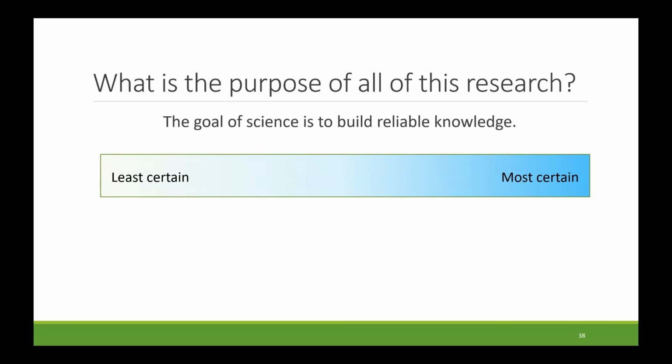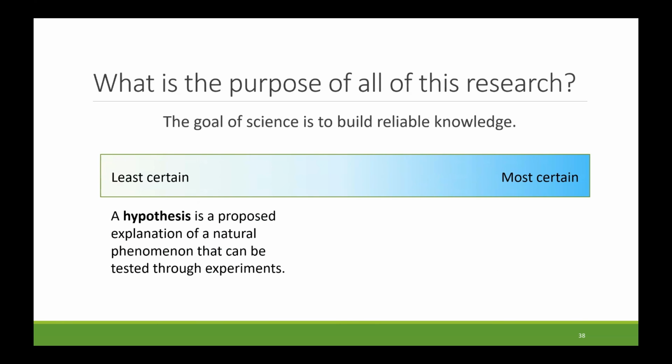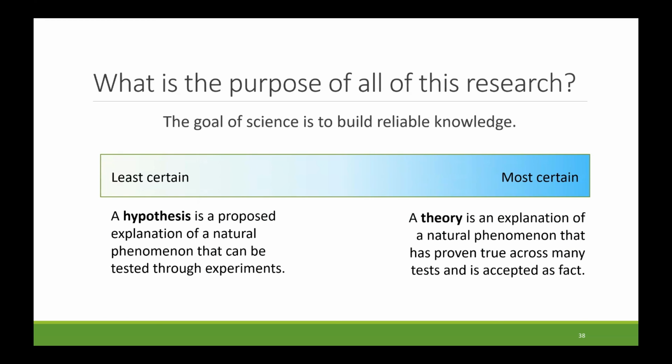Everything starts on the uncertain end of the spectrum, where it is considered a hypothesis. A hypothesis is a proposed explanation of a natural phenomenon that can be tested through experiments. On the other end of the spectrum is the most certain, most reliable knowledge, and these are called theories. A theory is an explanation of a natural phenomenon that has proven true across many tests and is accepted as